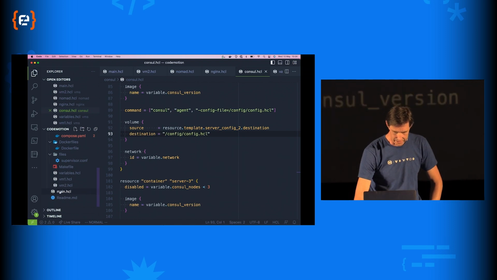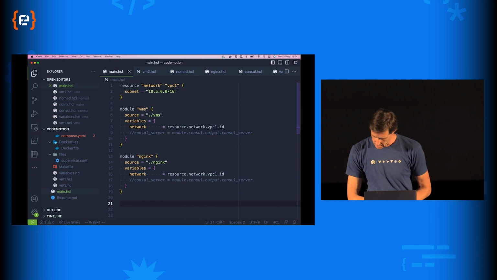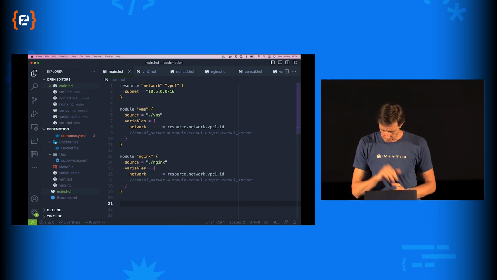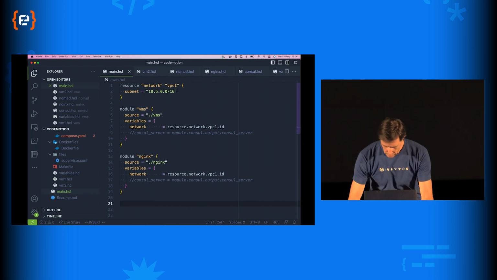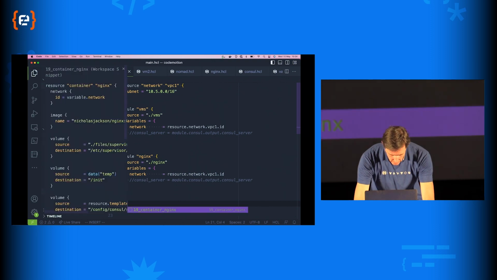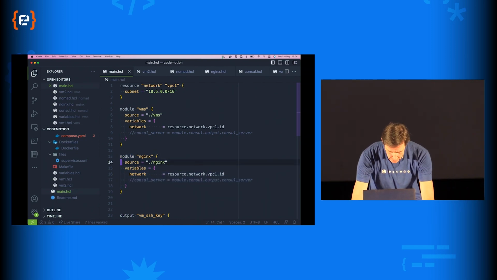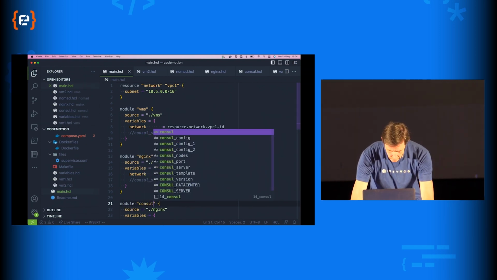So I can just add it to my setup. And I'm going to do that like so. If I can remember. Okay. So let's just copy this. And we're going to configure it. So Consul.